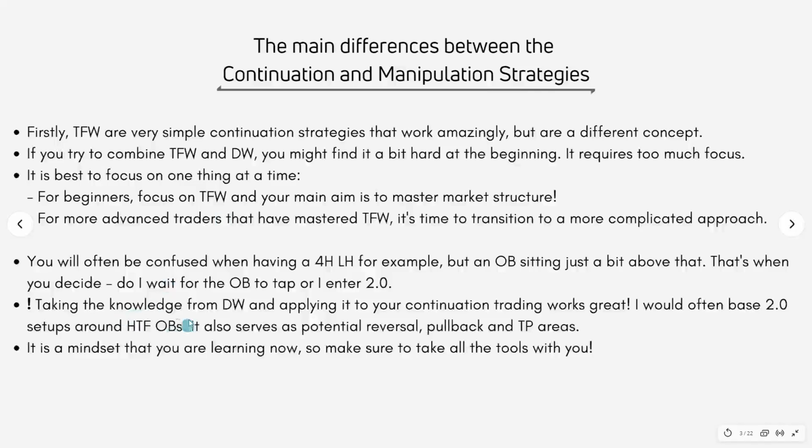So you can always use OBs in confluence with the 2.0 strategy, right? And I want you to know that it is a mindset that you're learning right now. So make sure to take all the tools with you, apply them to your trading, and then the strategy doesn't really matter. Just make sure to apply what works for you,